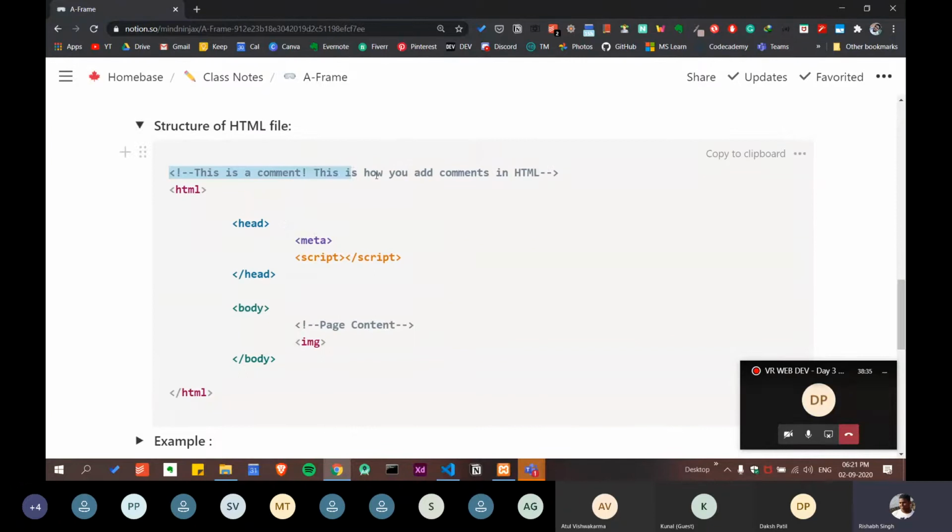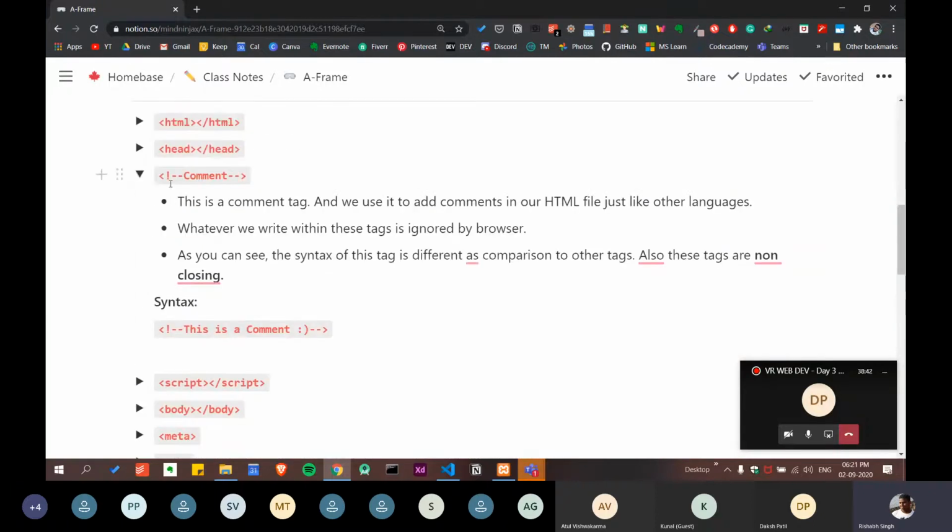This is a comment. As you can see, it doesn't have a closing tag, it is just one single tag. So you have to remember this. Comments are like this. Again, this is an optional tag. We don't have to make comments, but it is good to make comments in your program, because it will be helpful for you.